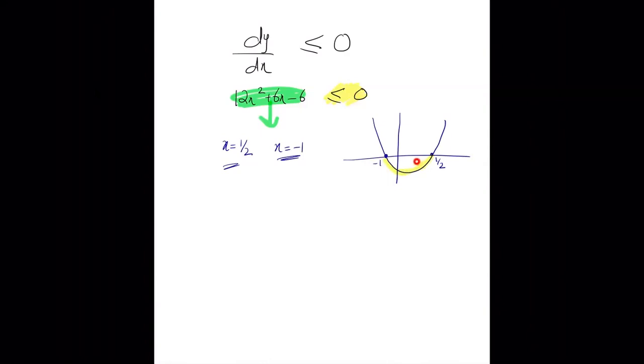So you are going to take all the values of x that are between -1 and 1/2 if you want the gradient function to be less than equal to 0. क्योंकि अगर आप x की वैल्यू लेट से ये लोगे 0.25, so you are going to get a negative value. 0 लोगे so you are going to get a negative value. So all those values of x that are greater than equal to -1 and less than equal to half will give you the right answer for this. This is how we solve quadratic inequalities. सही है? Yes, sir. Thank you.